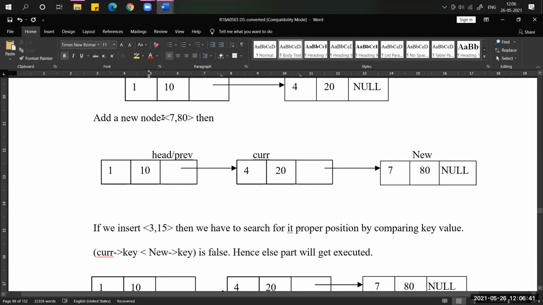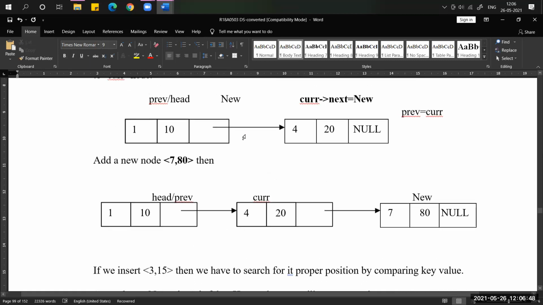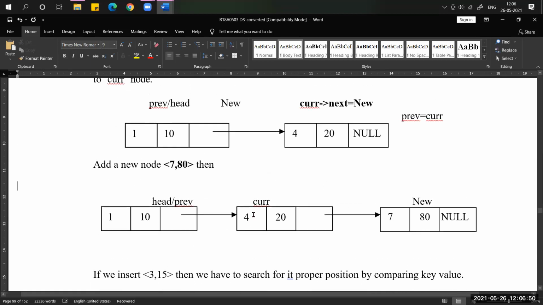Now, in the same way, I want to insert 7 and 20. We have to check the same thing: new->key is greater than current->key. We are going to compare only based on the keys.